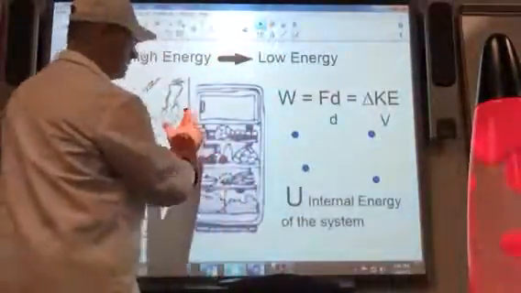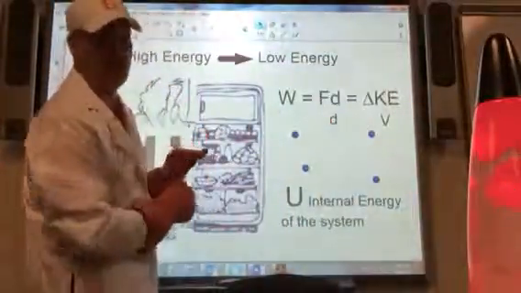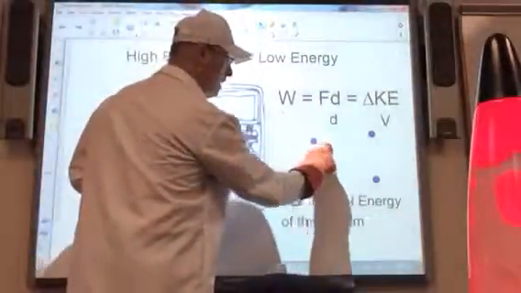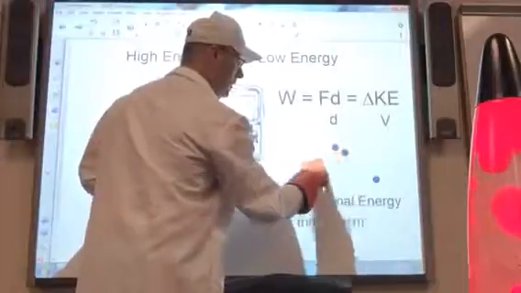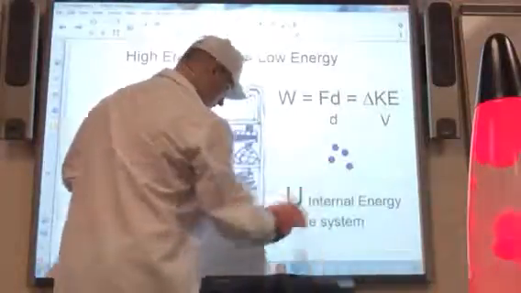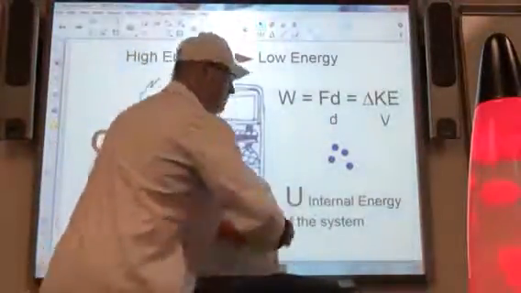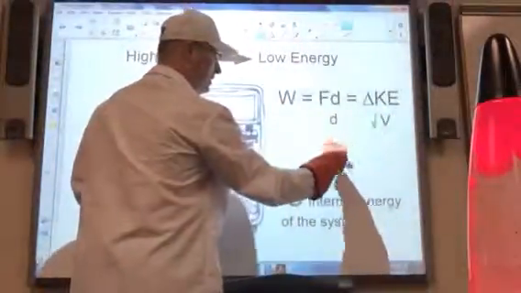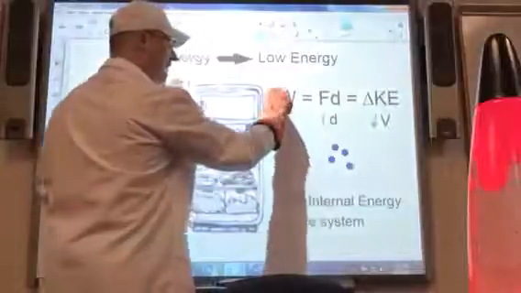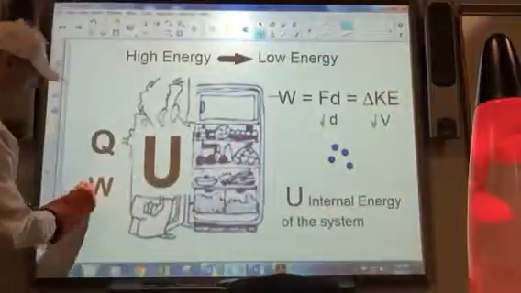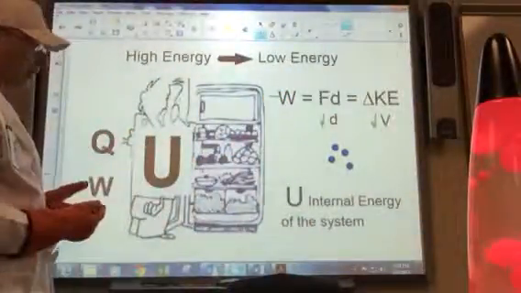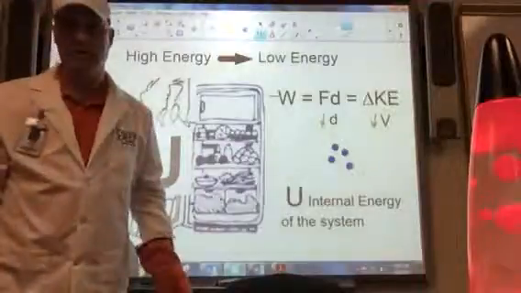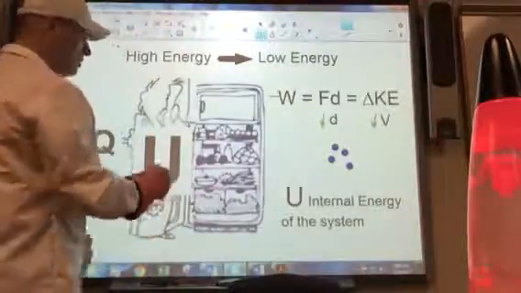What happens here is you're getting cold from the refrigerator. That means your molecules are going to get closer and closer together and slow down. So if they're going to slow down, that means my velocity decreases and my distance between decreases. Therefore, I have a negative work. So negative work is being done on you now. But you're still giving off heat. You're still giving off heat. So since you're giving off heat,